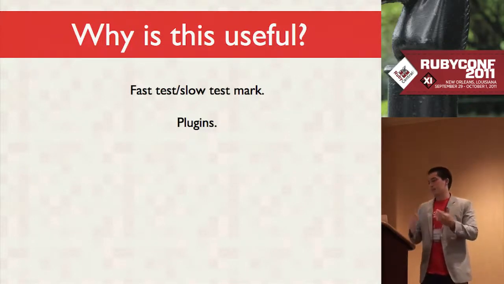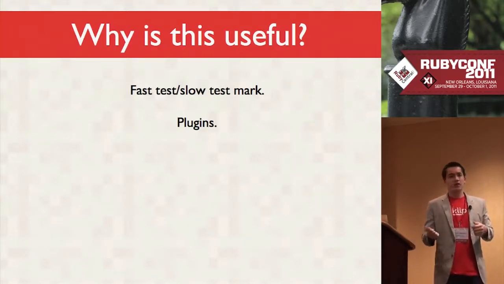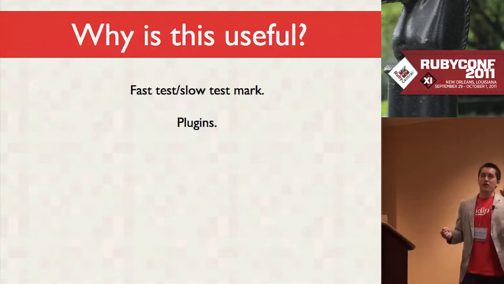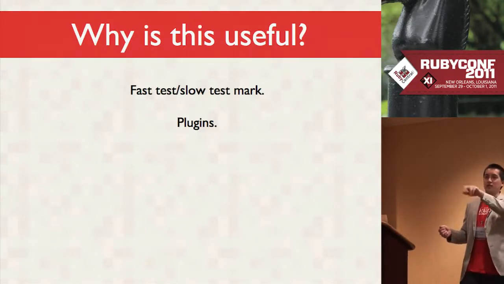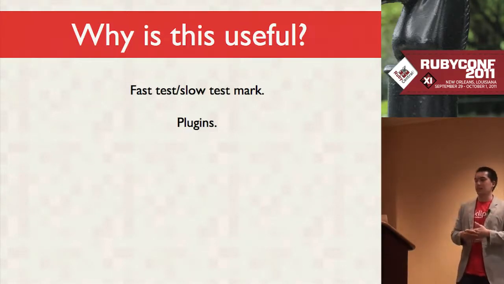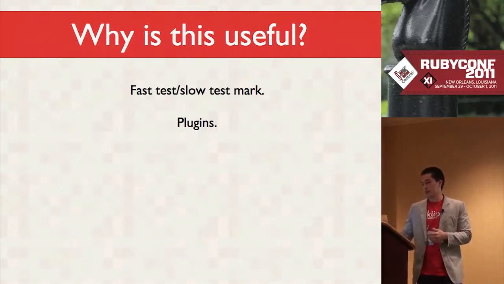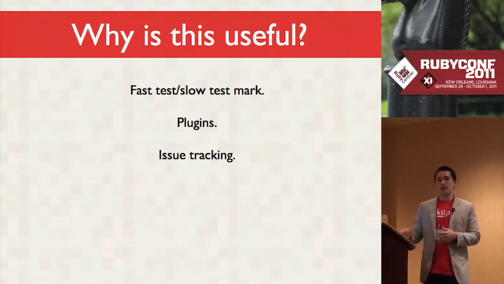And so you could imagine you could use marks for all sorts of things. Another thing I'm using it for, and this time in Vagrant, is I'll mark a test with OSX_10_5, and that test will only run on Mac 10.5 because it's not testing anything meaningful on any other platform. So that's useful. Issue tracking is very cool.